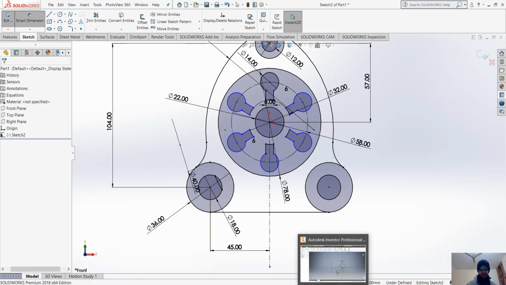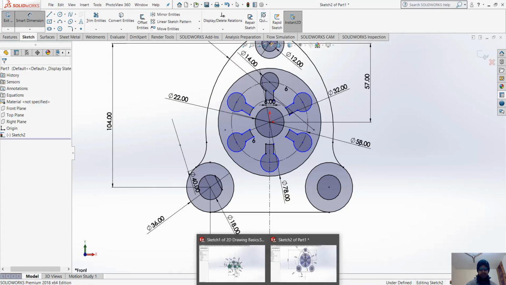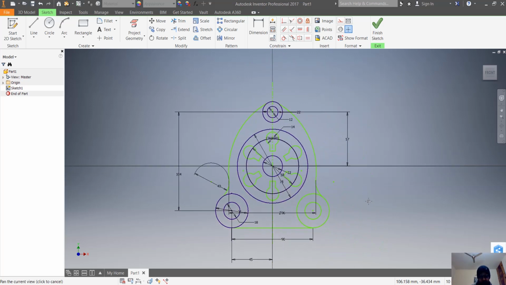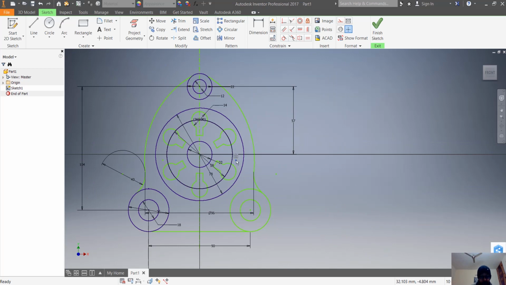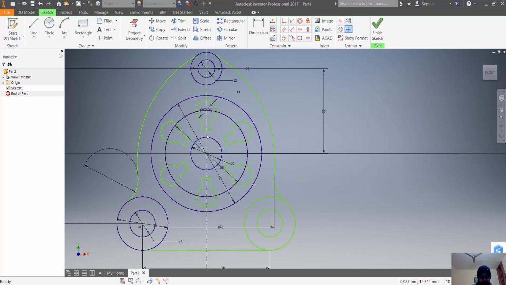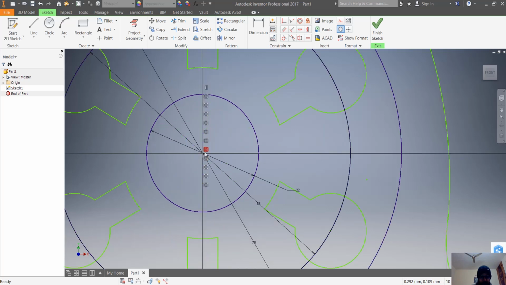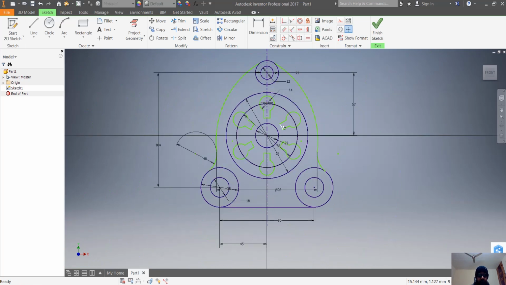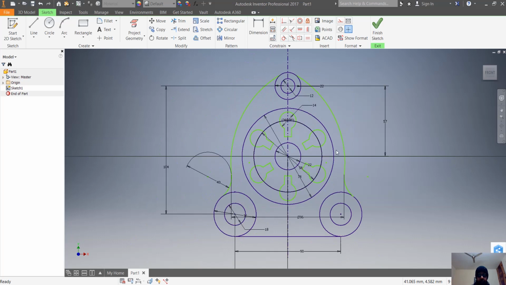Can't change this. Yeah, almost done. Coincident. Yeah, now it's done. Okay,